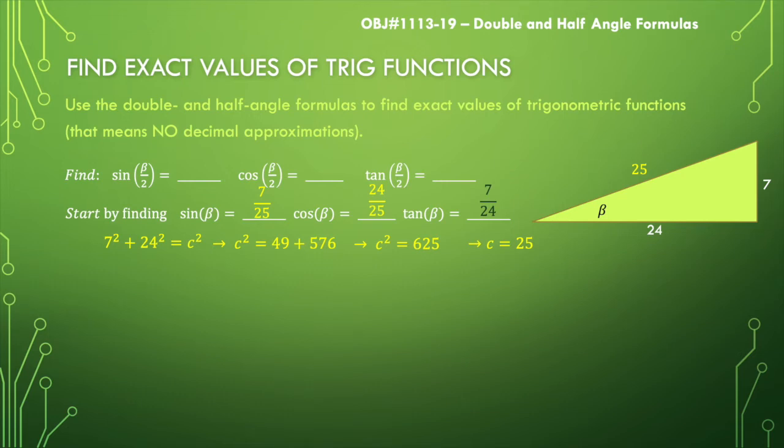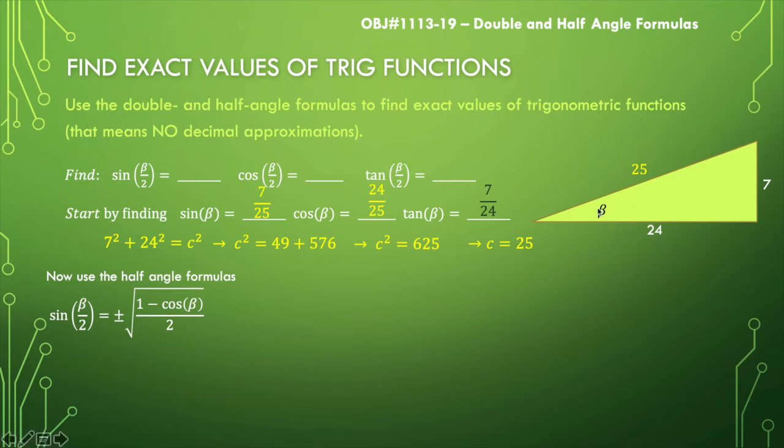Okay, fabulous. Now we can move on to actually finding the sine of beta over 2, the cosine of beta over 2, and the tangent of beta over 2. All right, fantastic. Let's look at those formulas. Well, they all kind of look the same, all right? Sine of beta over 2, we know is going to use this formula, plus or minus the square root of 1 minus cosine of beta over 2. Now, the plus or minus is going to come into play when we're dealing with something in the plane. When we're dealing with just something that's a right triangle, we know that